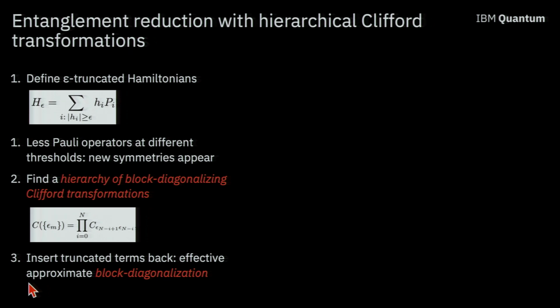So imagine that you have a quantum Hamiltonian, which is a linear combination of Pauli operators, and imagine that this is a chemistry Hamiltonian, a Hamiltonian that spans many energy scales. So what we can do is truncate this Hamiltonian at different energy thresholds, and throw away Pauli operators that don't meet that energy threshold. And then we can efficiently find symmetries for these truncated Hamiltonians for each energy threshold.